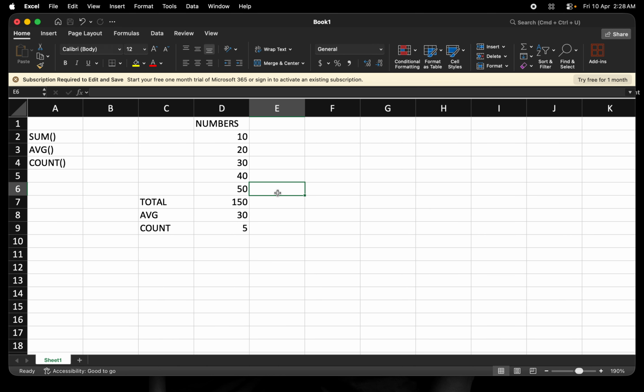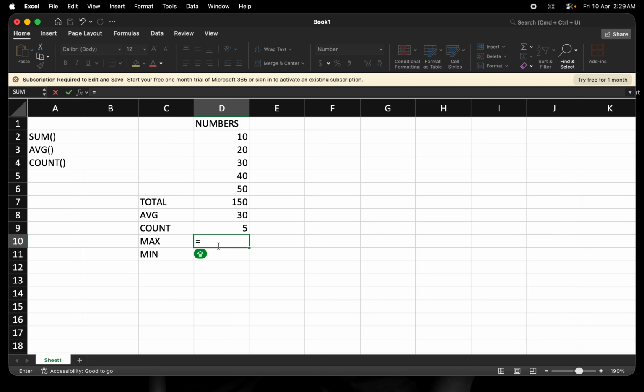That's what it does for us. All right, now if we pull down, let's see if we can give some other bonus functions. Now we can come down here and say we want to get a max, which is the maximum. And also we want to get a minimum value. If we want to get the maximum, we put our equal sign again